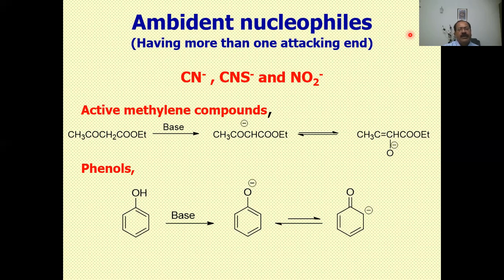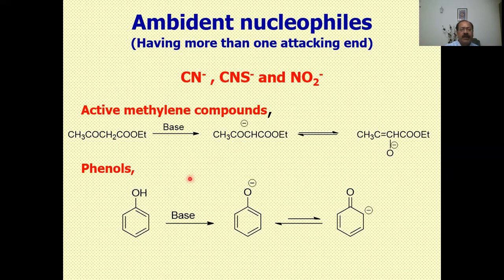Similarly, if we have ethyl acetoacetate and treat with base, we get a carbanion with the loss of a proton from the acidic hydrogen. And this is resonance stabilized with the enolate, in which the negative charge is on O minus. And we know this is the more stable case. So the enolate is more stable. Therefore, the equilibrium should lie more towards this. So what happens when we do alkylation? If we have to do alkylation, where would it take place? And how could we explain this?